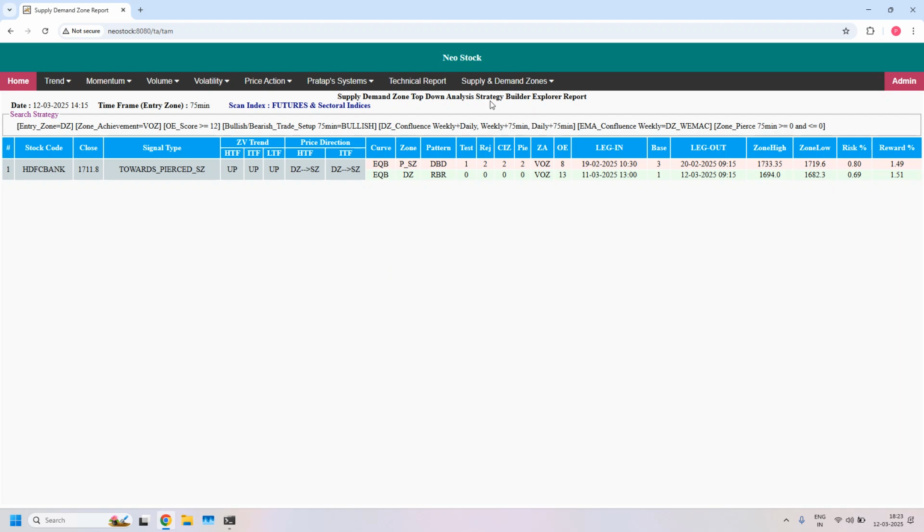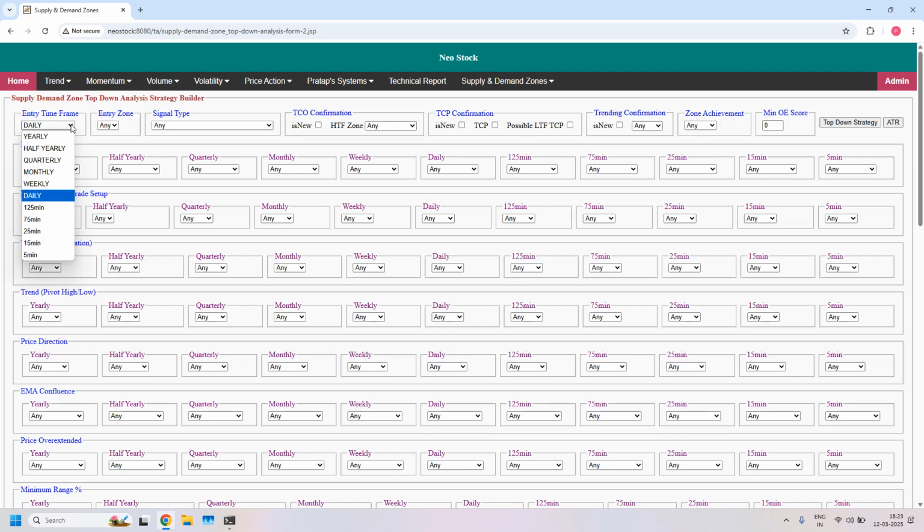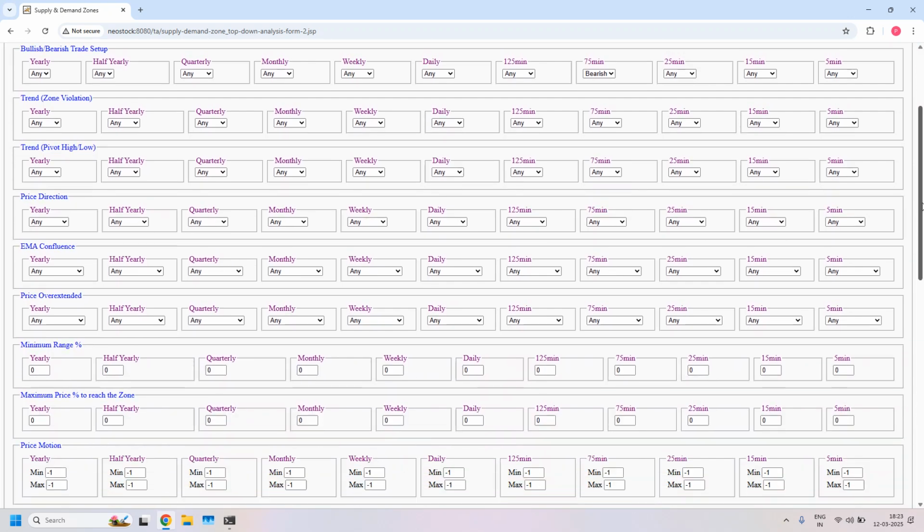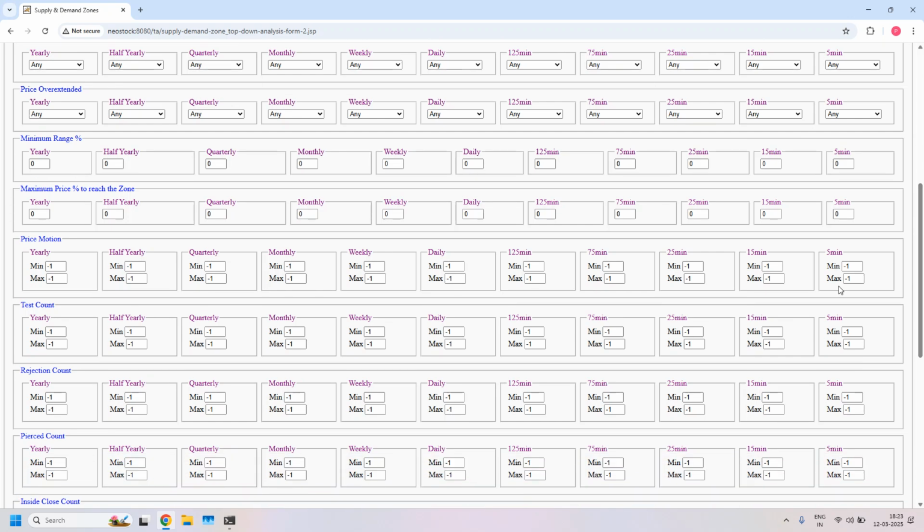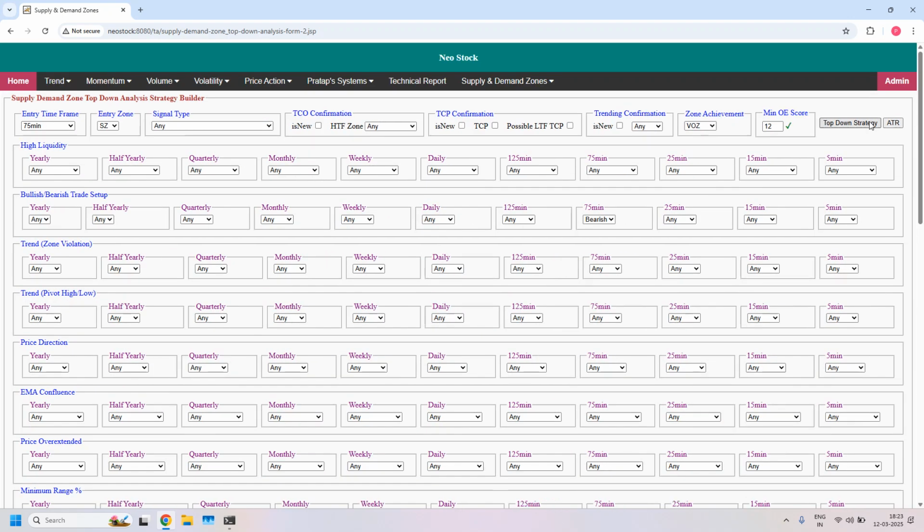Next, bearish trade setup for weekly income trade. Entry time frame is 75 minutes. Entry zone is a supply zone. In bullish or bearish trade setup at 75 minutes time frame, I am selecting bearish. And zone achievement VOZ, minimum odd and hands score 12. And 75 minute supply zone should not be pierced. So in the pierced count at 75 minutes time frame, I am selecting minimum value 0, maximum value 0. With these filters,